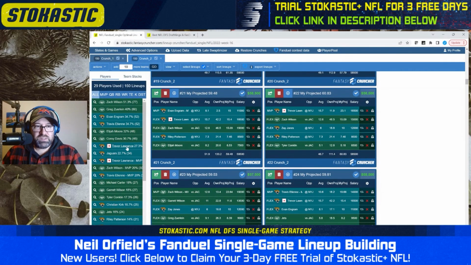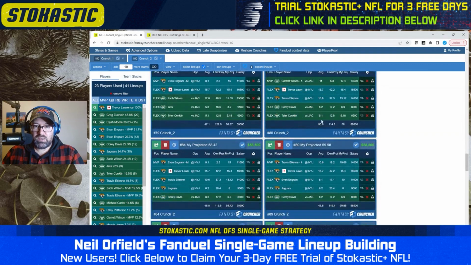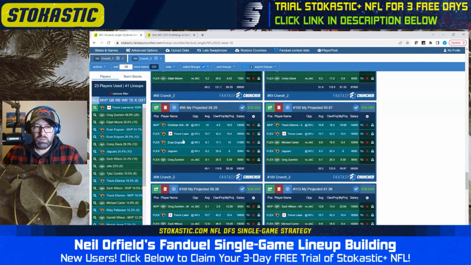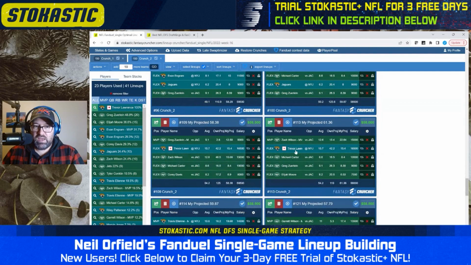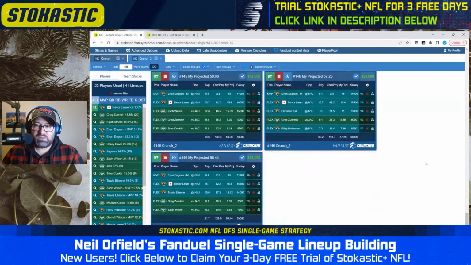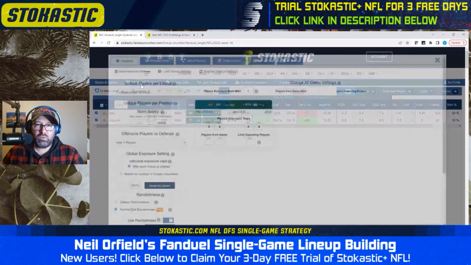Looking closer at these Trevor Lawrence in the flex lineups. Here's one where he's just naked, no receivers there. Here's another one. Most of them, though, seem to have... we're still running into a few. All right, so the next thing I would do, if I'm getting into too many of those, I'd go back